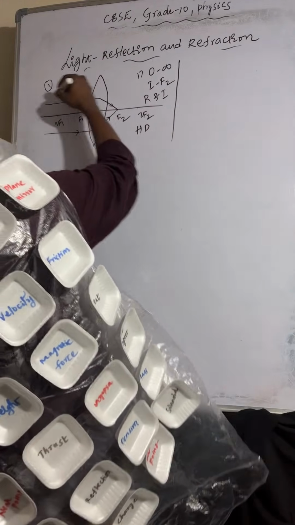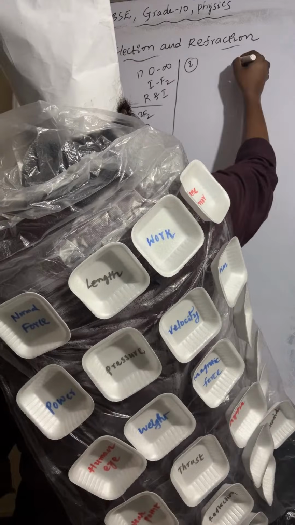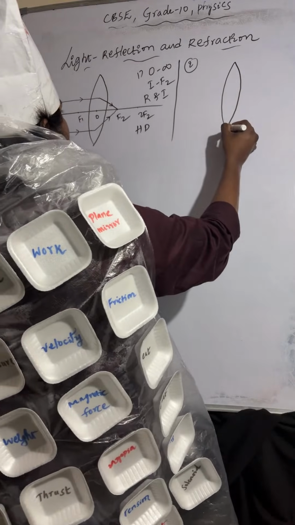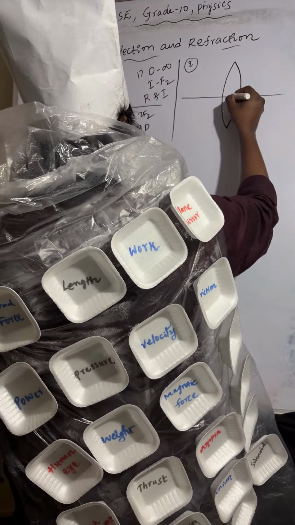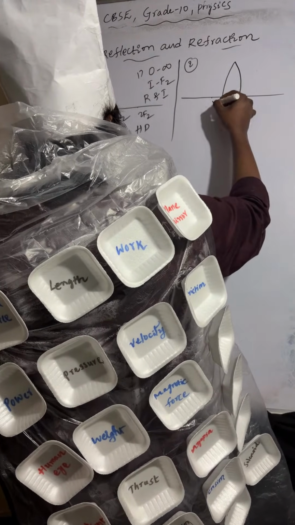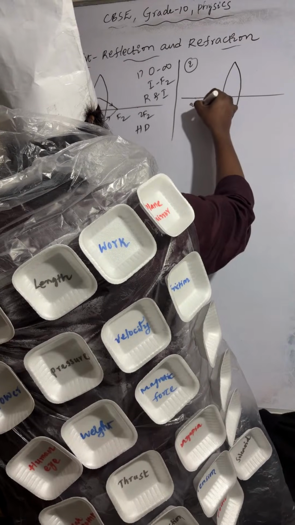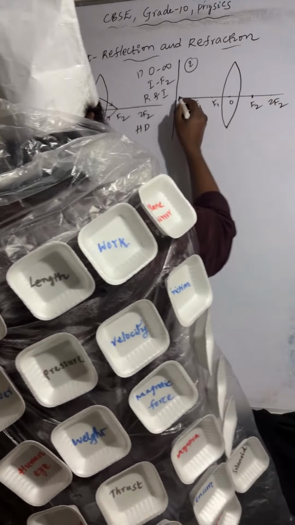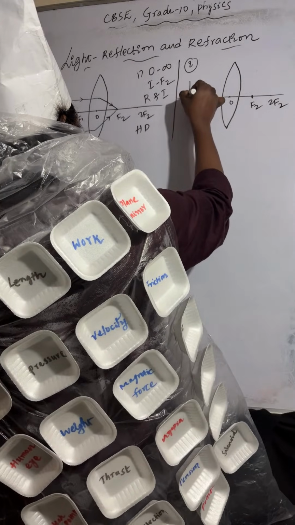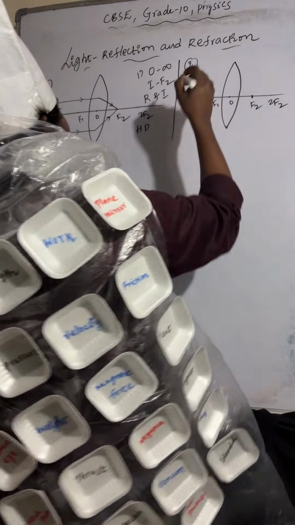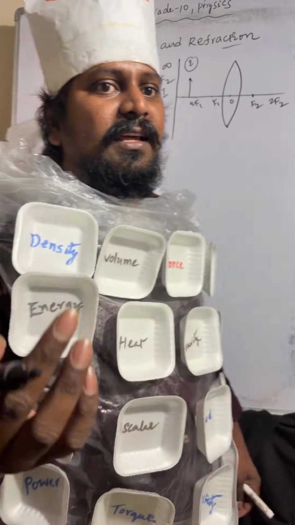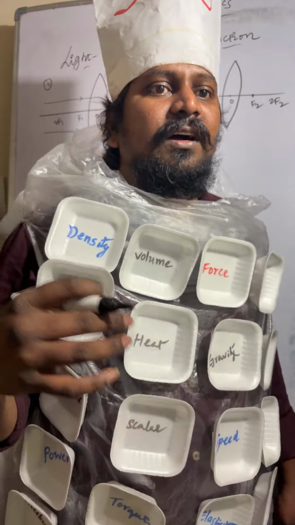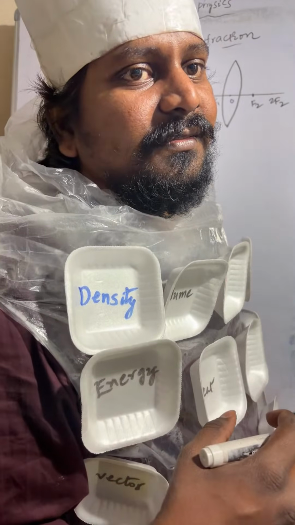Coming to the second one, you can see this is a convex lens. Understood? This is the optic center: F1, 2F1, F2, 2F2. If the object is placed beyond center of curvature, that is nothing but 2F1. So object is placed